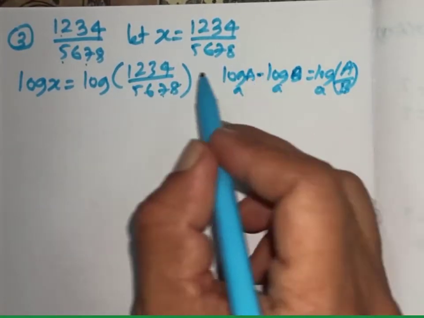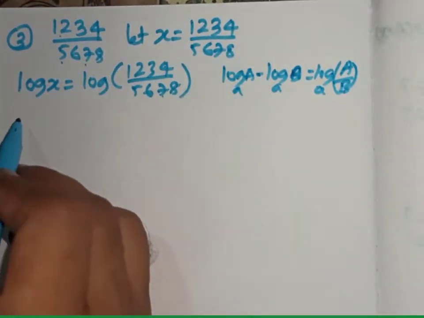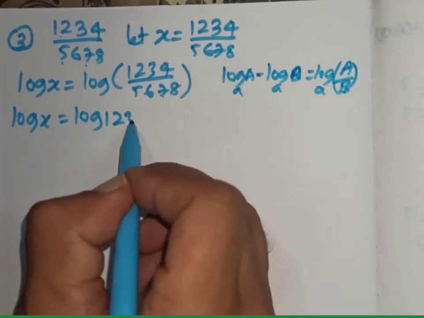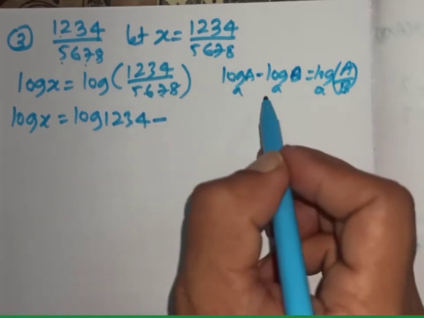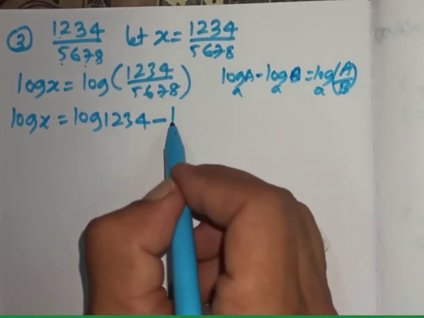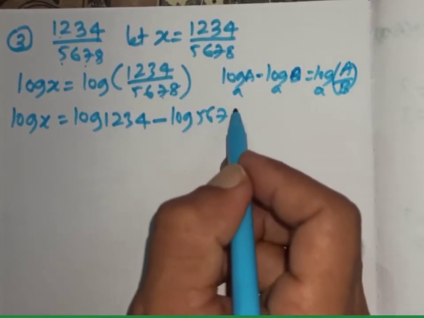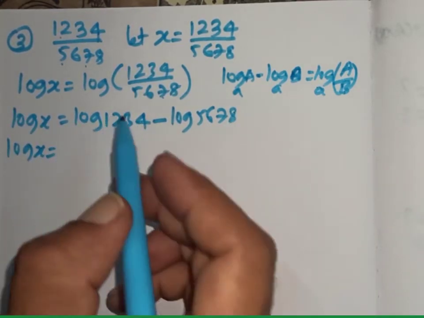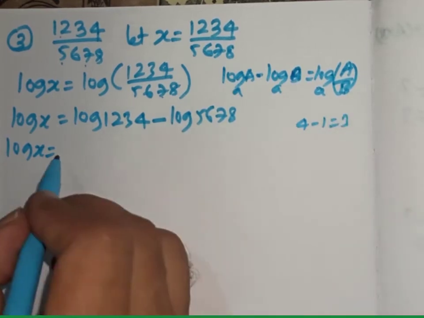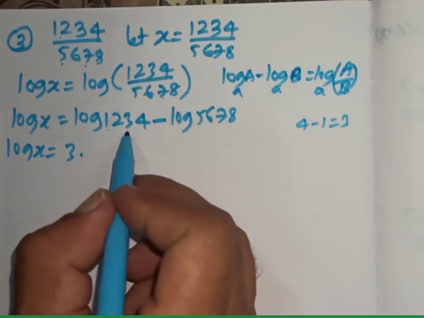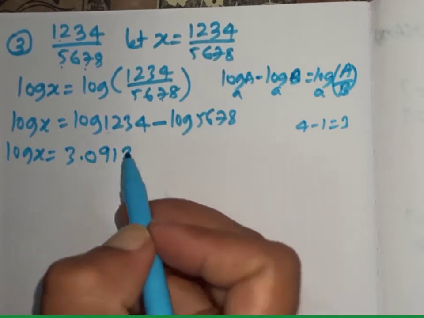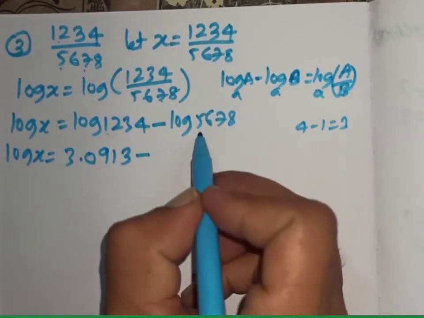So whenever you have divisions like this, we'll write it as minus. So we get log of x is equal to log of 1234 minus log of 5678, because it's a division, using this formula. Now as you know, we will find the log on both sides. For 1234, 4 minus 1 is 3. So we get 3 point, log of 12 under 3 mean difference 4, which you found in the earlier problem, is 0.913 using the log tables, minus, same thing, 1234.